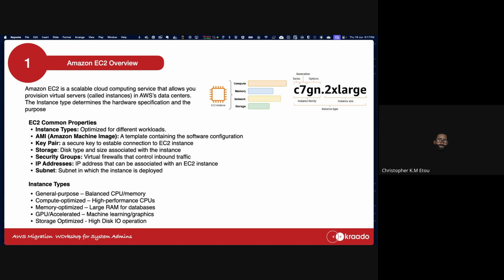Those are servers that are most of the time with very high memory, and they are adequate for databases. Then you have GPU optimized for machine learning and AI, like we're seeing today. And then you have storage optimized. The storage optimized are basically servers with